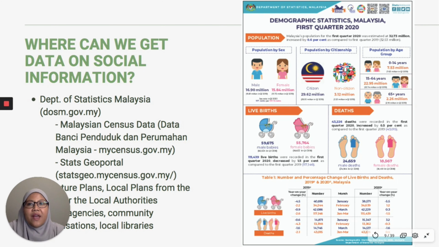So where can we get this data on social information? Luckily in Malaysia, we have a lot of online platforms that provide this data. A lot of these statistics primarily come from the Department of Statistics Malaysia or DOSM. And you can find Malaysian census data such as data Banci Penduduk dan Perumahan Malaysia from